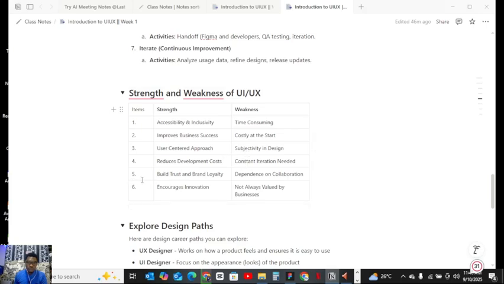Number five, to build trust and brand loyalty. When you want to build trust and loyalty with your investors, you have to pitch your design, talk about your design, and how your design is easy to use. You have to make sure your investors are interested in your product.